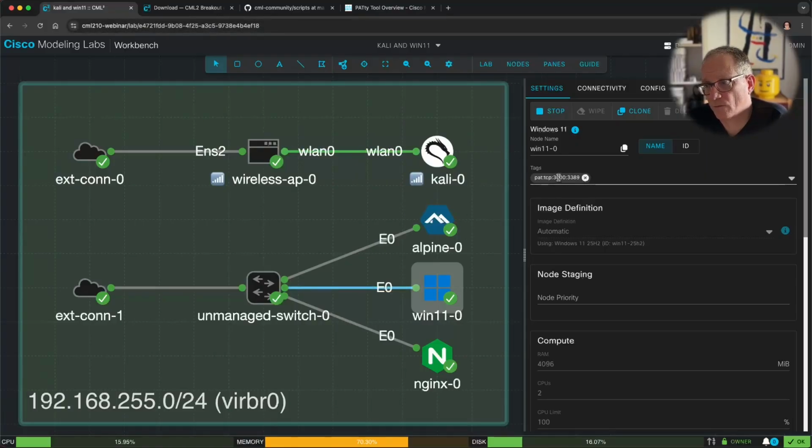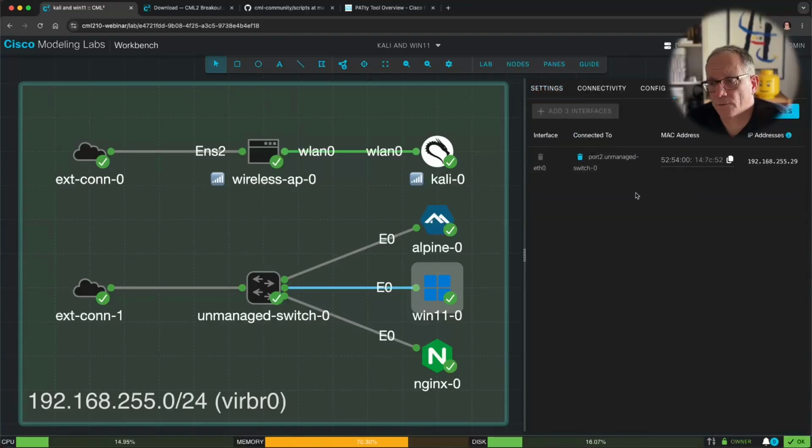So I want to have port 3000 here forwarded into Windows 11 on port 3389. And that's the port for remote desktop protocol. And one quick thing to verify whether this is going to work or not is to go onto the interfaces tab. For PATty to work, you need to ensure that you see an address here. This address must be an address from this range, which shows us that this is the NATed